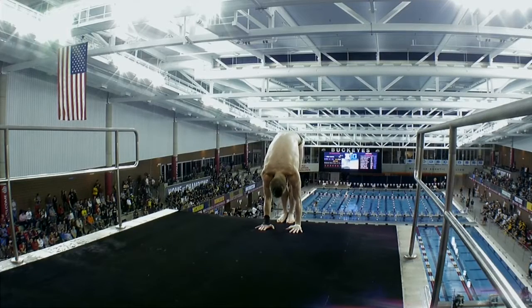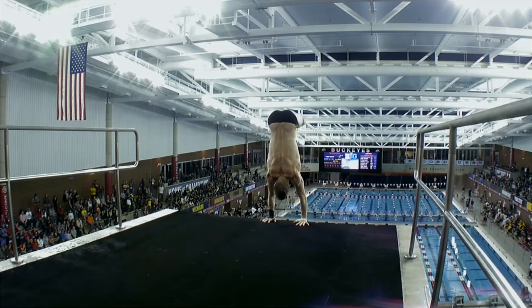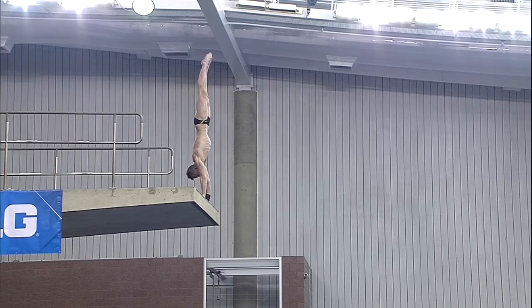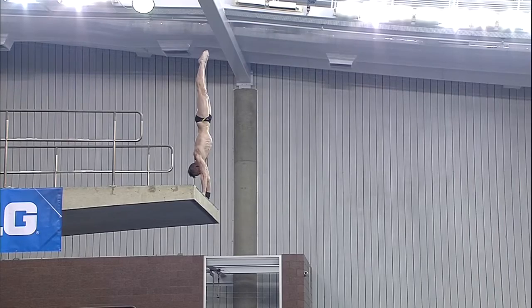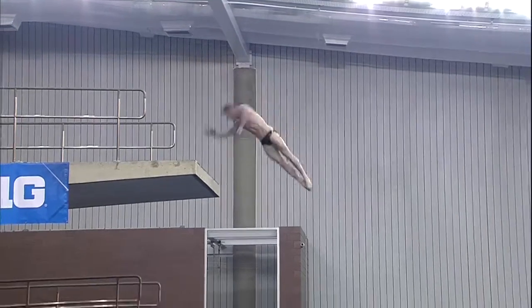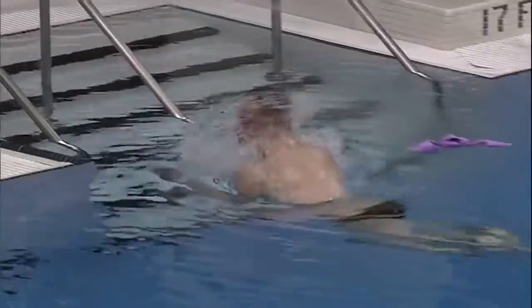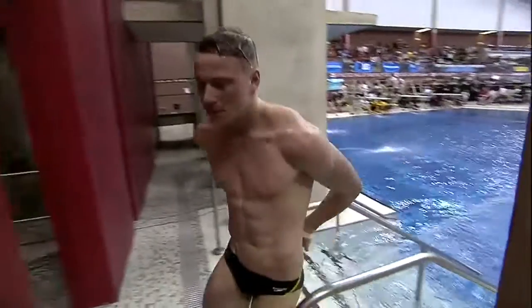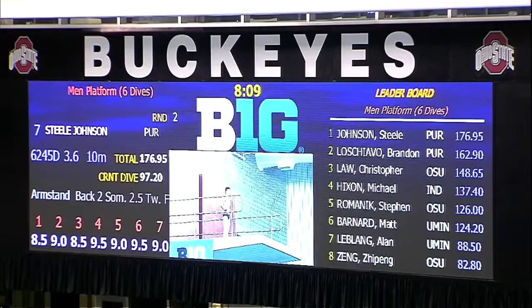Rio Olympian Steele Johnson won the silver medal in synchro with David Boudia. Wow. He also competed in the individual in Rio for this event. His arm stand back twister was beautiful. You can see the comparison between him and his teammate, the diver before him, Brandon. They did the same dive, and you can see